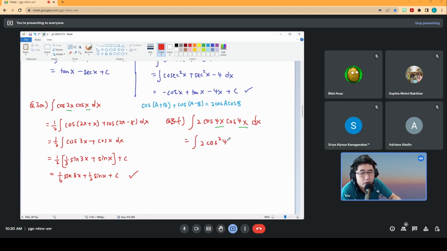Cos square 4x. So if you look at your formula list, where can you find that 2 cos square something? It's actually in your double angle formula. Your double angle formula actually looks like this: cos of 2 theta equals 2 cos square theta minus 1. Okay, you have this formula here. That means this question can be rewritten in the form of cos of